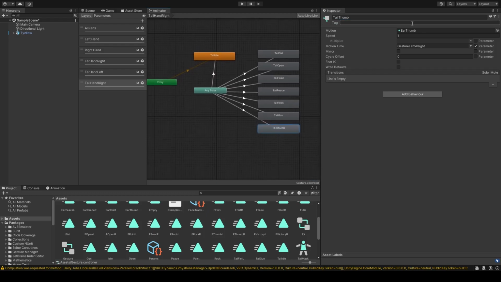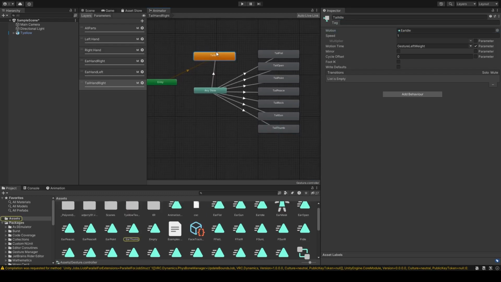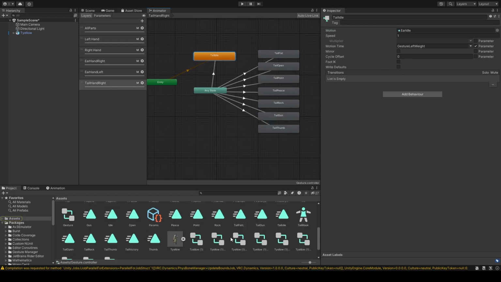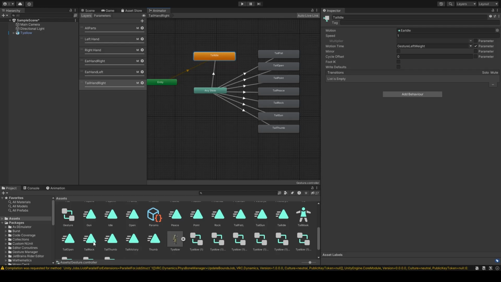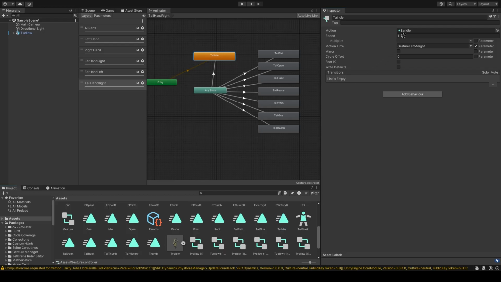So we got all of this, but these use the wrong animations, so we're just gonna have to plug the right ones in. So we're gonna look for tail idle. And then, of course, just plugging the right ones in. So, one thing to note about this one,